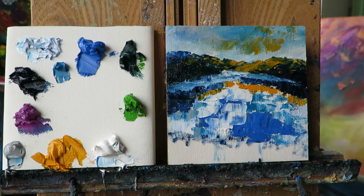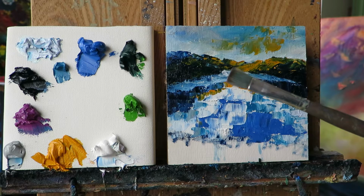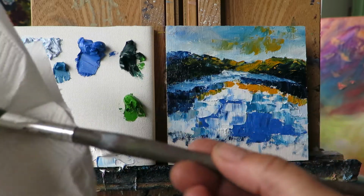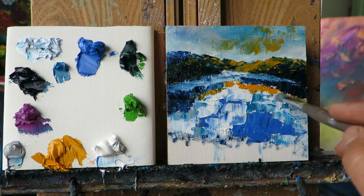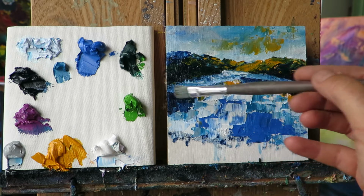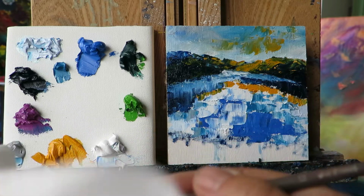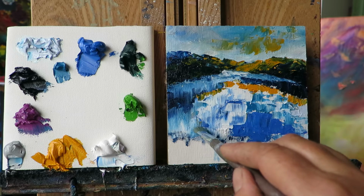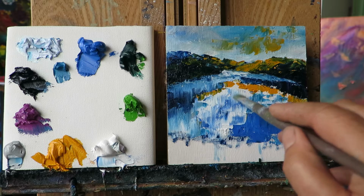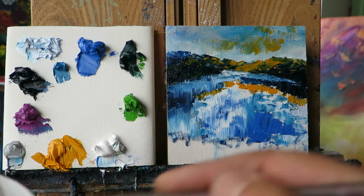Right, now we're going to do the blending part. Just get some more paper towels. I'm using quite a bigger brush this time, probably about 1 centimetre wide. And I've got it completely dry, which is how you really would need it to be, no mediums on it. So now I'm just going to start dragging this down. You've just got to do it very carefully and take your time. Just going to blend most of the blue areas first. And I'm taking excess paint off every 3 or 4 times that I